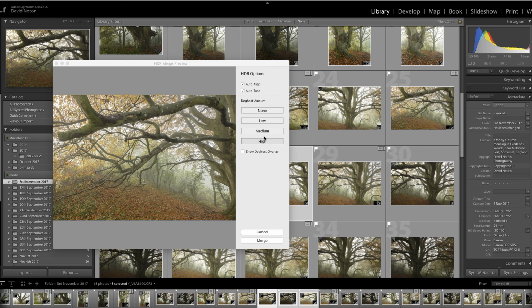So now I've got it to de-ghost amount. Now it was a very still morning, there wasn't any wind blowing, so I shouldn't have a problem exposure merging here. Nevertheless, I've got the de-ghost amount set to high, and that means that any slight discrepancies between merging, say a few leaves blowing, Lightroom will attempt to mask and show the end product, show it as a hard edge. So I'm now going to click on merge,